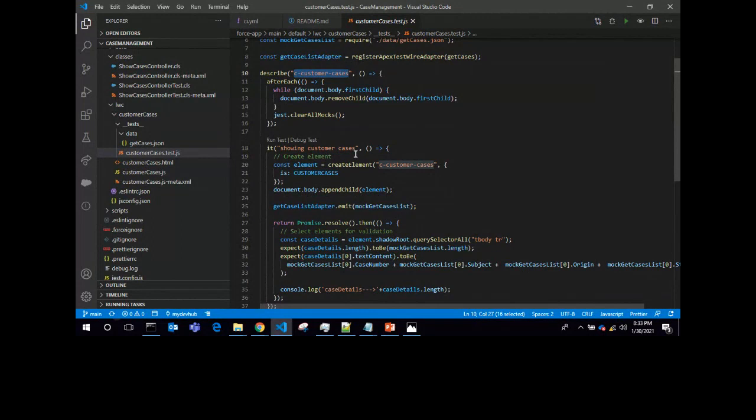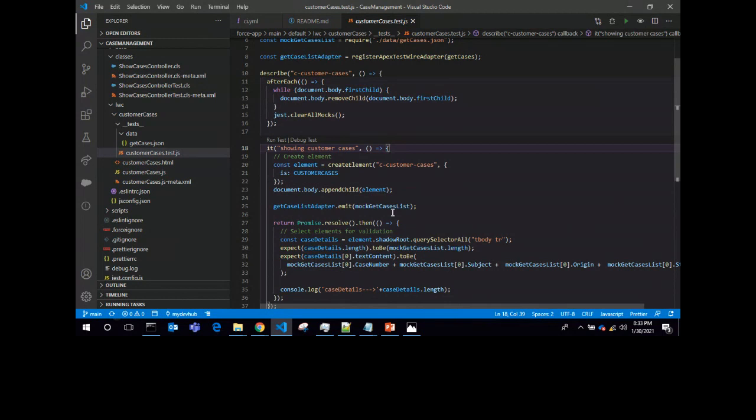We will not show that functionality because Jest is not installed at this point in time. So we will show how to perform the same test using Codecov, whatever we executed previously for the Apex test class. Now we will try to execute the same thing for the Lightning Web Component.